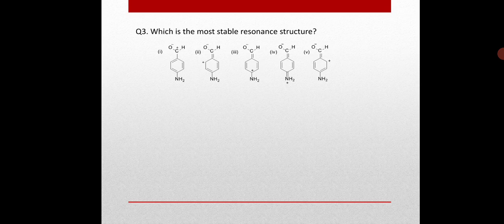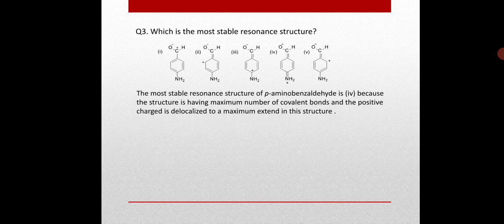So in structure 4, another notable thing is that the positive charge is delocalized to a maximum extent. So structure 4 is the most stable structure compared to the other structures. Coming to the next question,